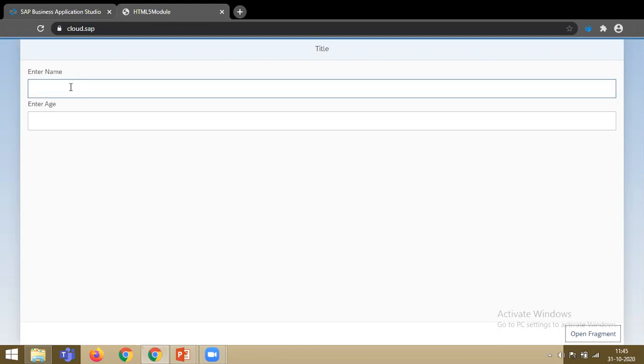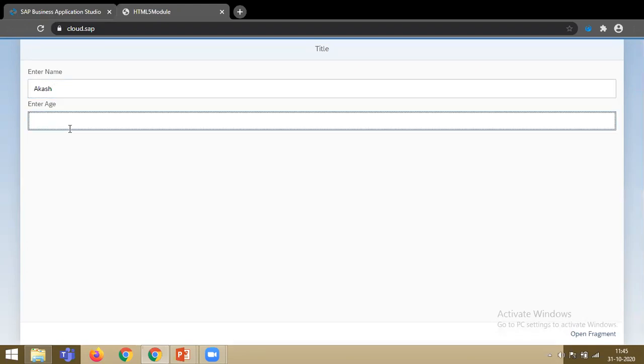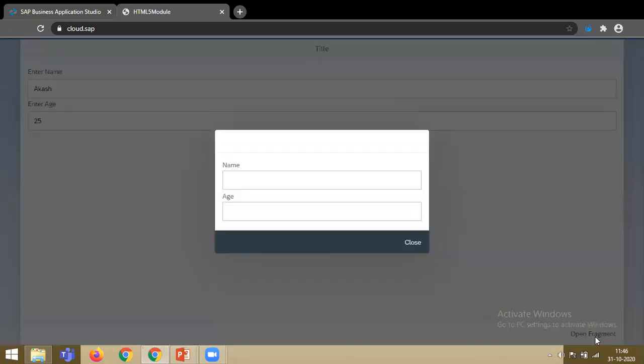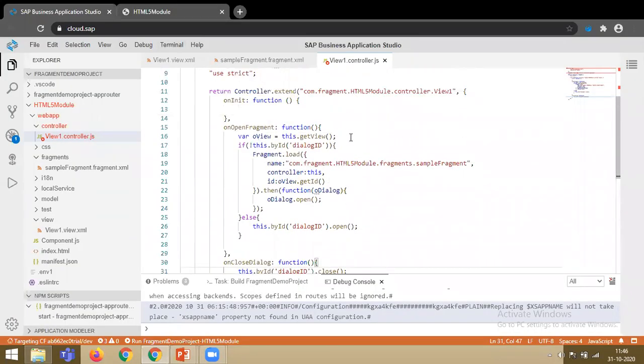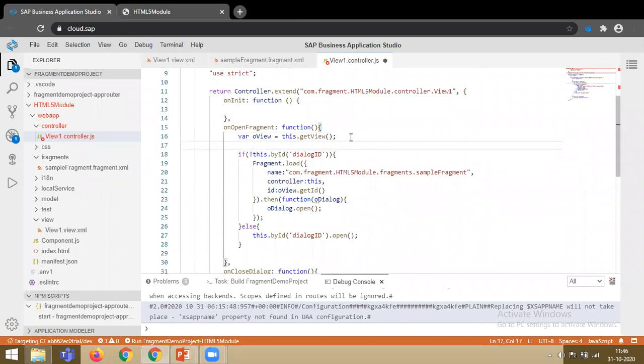What I need to do now is pass a name and an age, that is 25, to our fragment's name and age fields. So just set the value of name and age to our fragment's name and age field. We have already declared the IDs for our name and age fields.